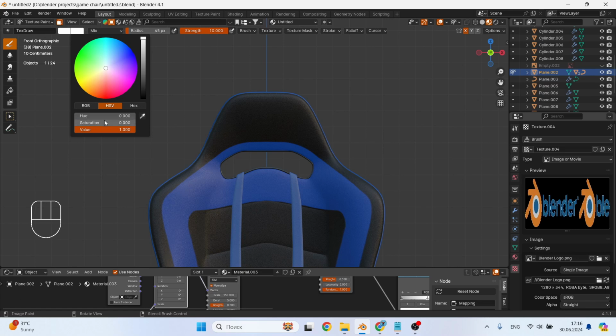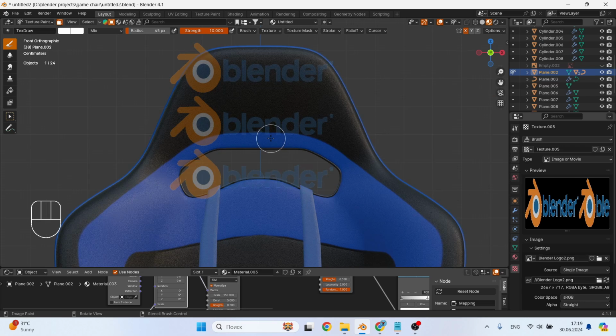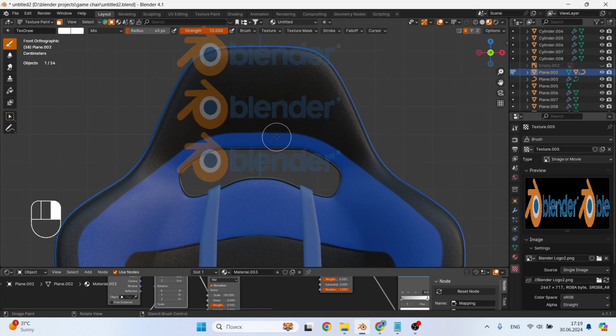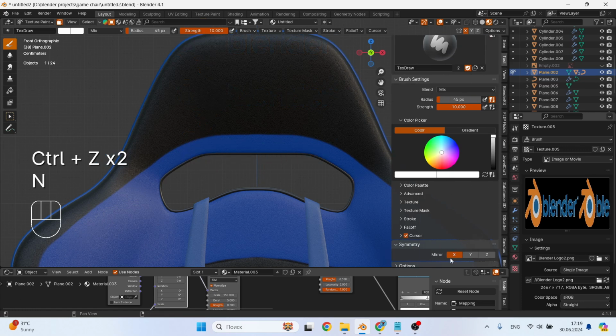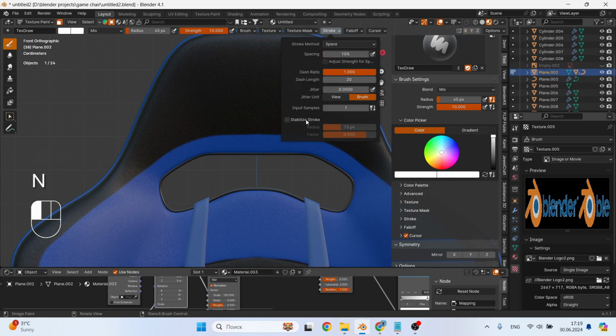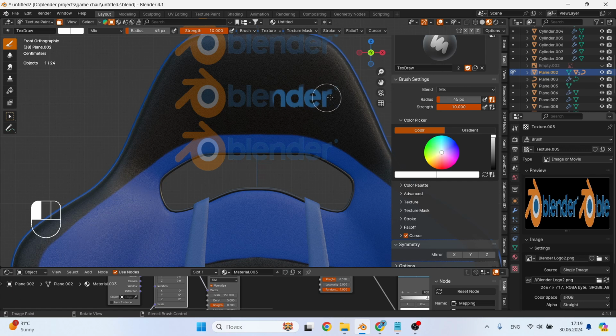Use the right mouse button to move the stencil. Place our texture opposite the object on which we want to apply it, and do not forget to turn off symmetry and stabilization of the brush direction, since we used these settings earlier. And now we paint with a brush in those places where we want to show the texture. This is how the texture is magically applied to the headrest of the chair. This is cool, don't you agree with me?